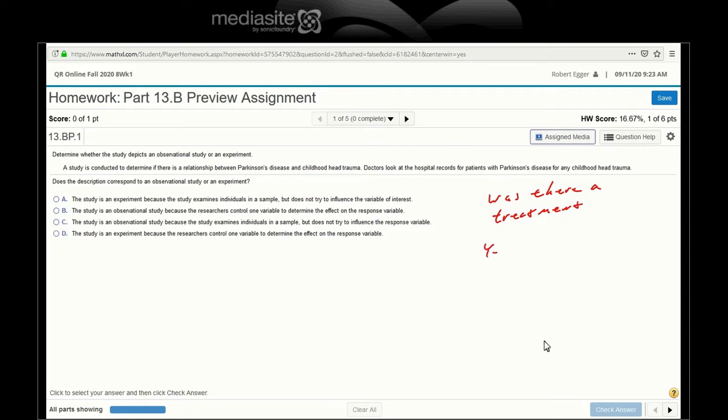If you say yes, and the treatment was head trauma, you'd be wrong. And you'd be very unethical. Inducing head trauma in a child just to see if they get Parkinson's when they get older. No, head trauma was a parameter for the observational search. So this was an observational study